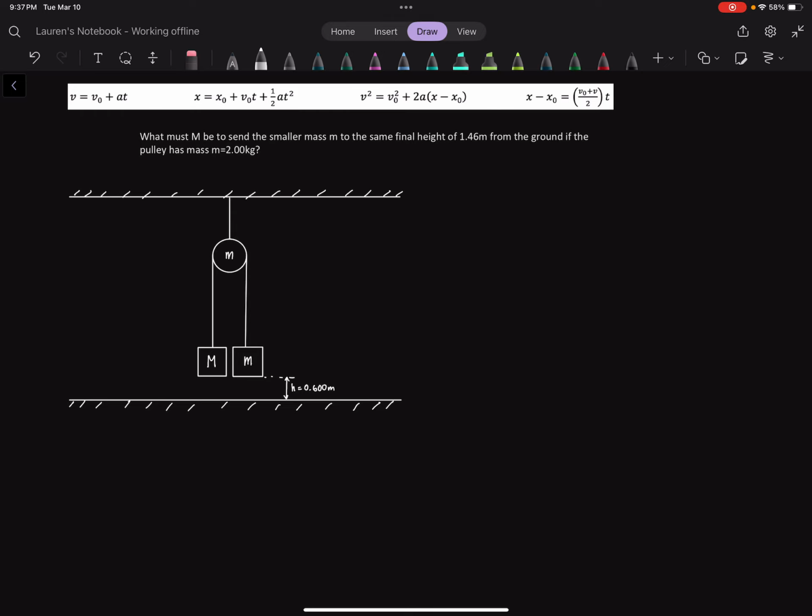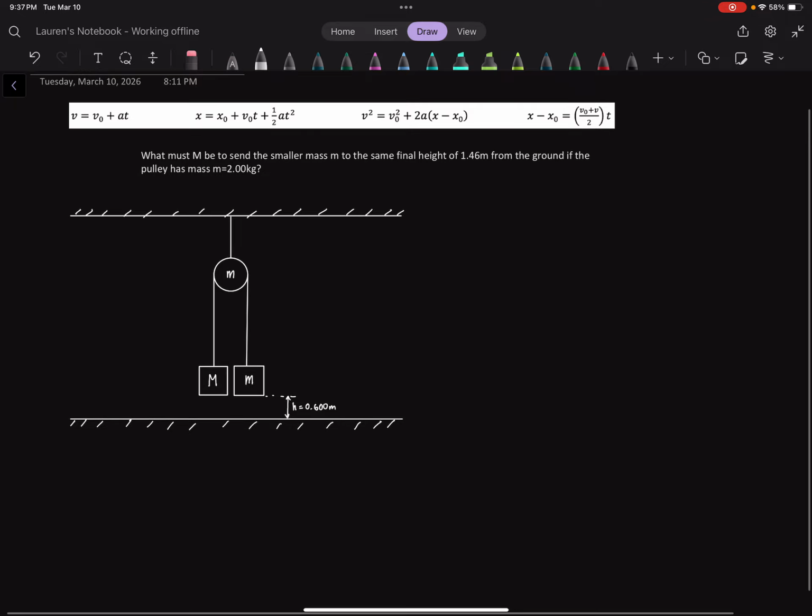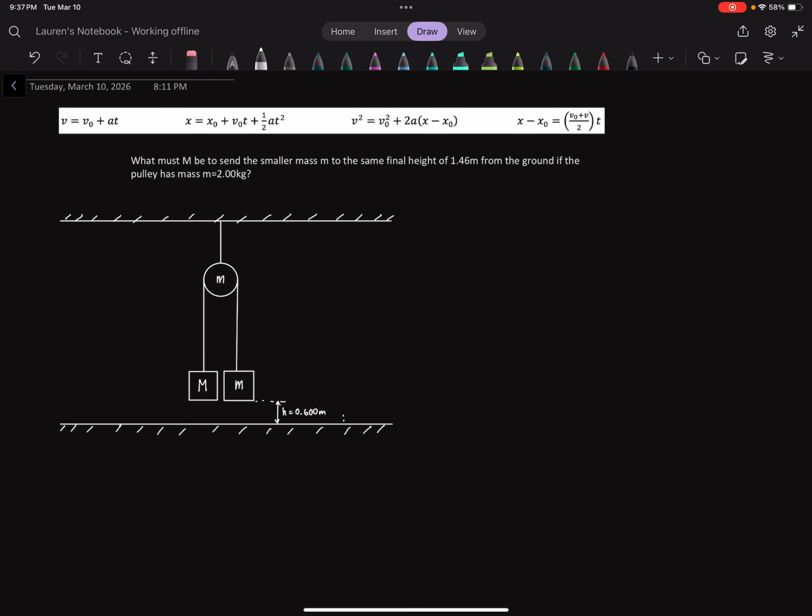All right, so 2 weeks ago we solved a problem involving this Atwood machine and two masses, one heavier than the other, starting a distance h off the ground, and we solved it with dynamics. And then last week we solved it with energy, the same problem, and we found the max height that the little block ends up off the ground. We found that to be